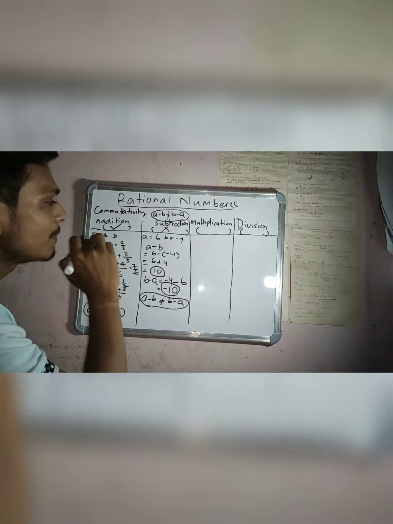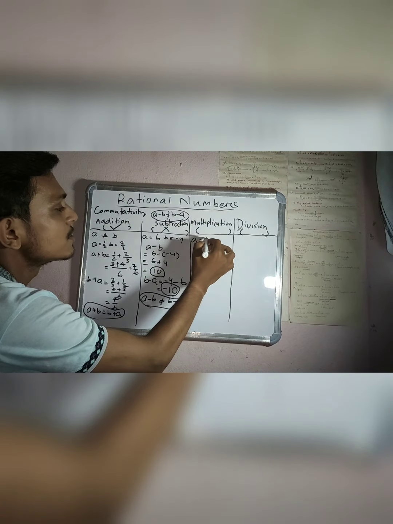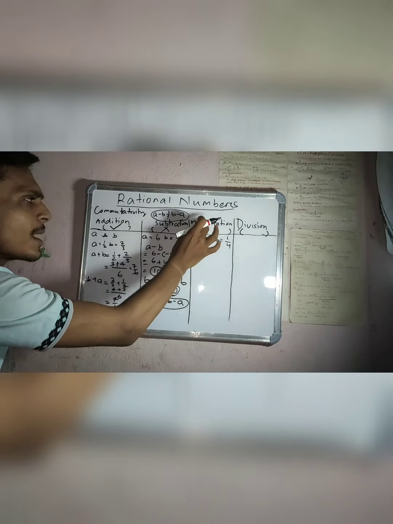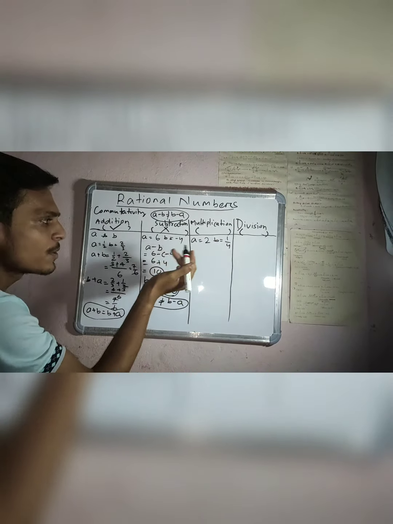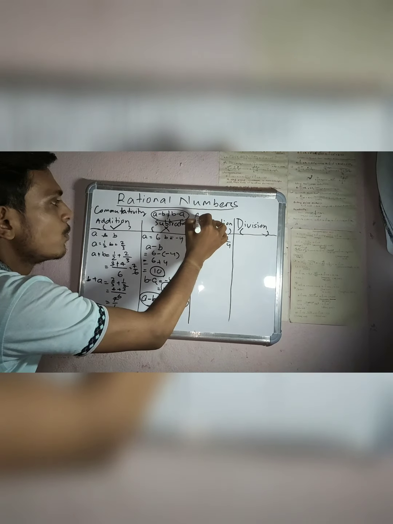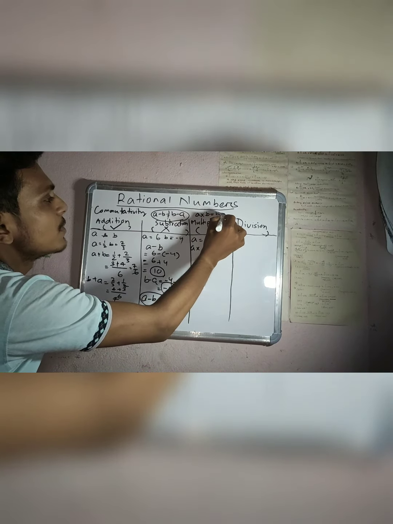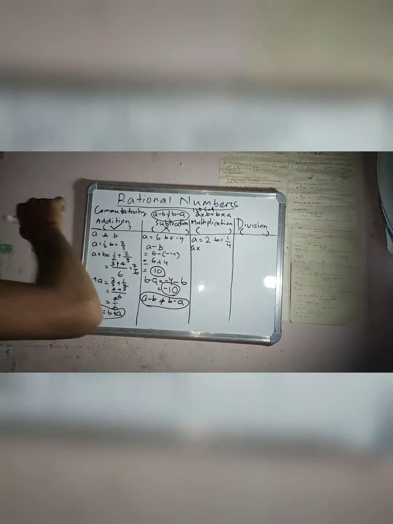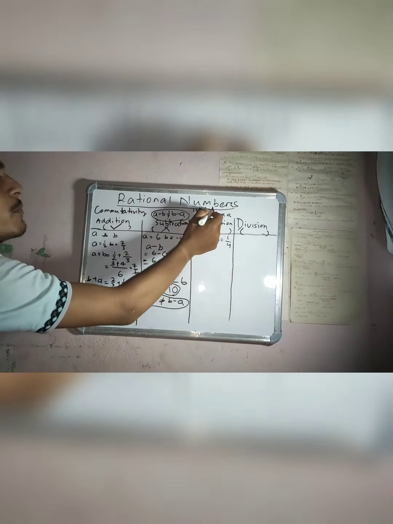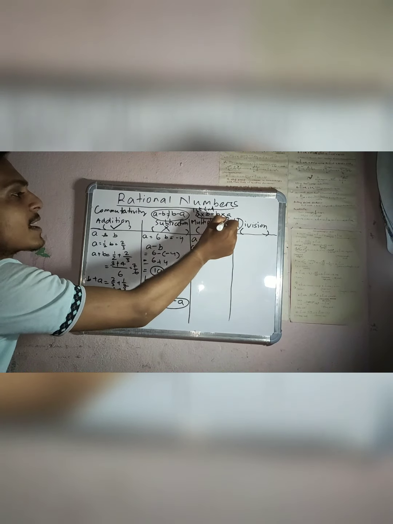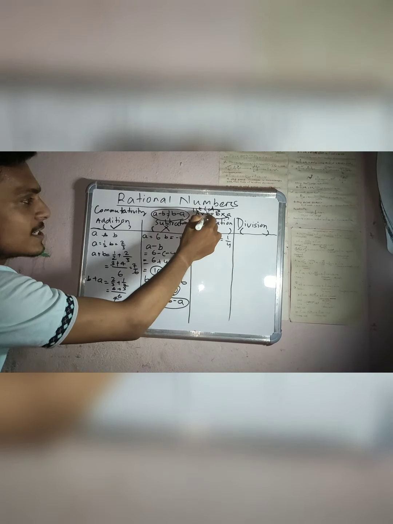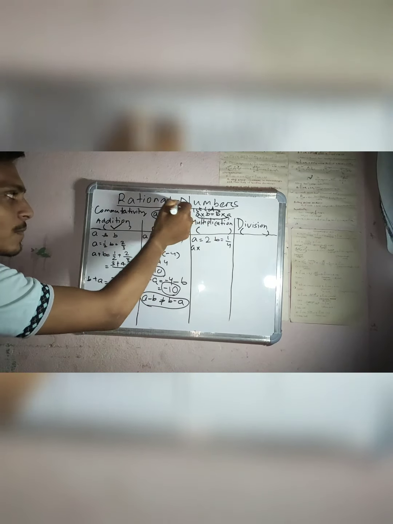Okay. Then for multiplication, let a is equal to 2, b is equal to 1 by 4. 2 is a rational number, 1 by 4 is also a rational number. Then we have to prove a multiplied with b is equal to b multiplied with a. Simply the change of place. Here first place is a, second place is b. Initially I tell that a cross b is equal to b cross a. That is simply the change of place. a is in the second place, b is in the first place. Simply the place change. Okay. If this is true, then multiplication is commutative in nature for rational numbers.